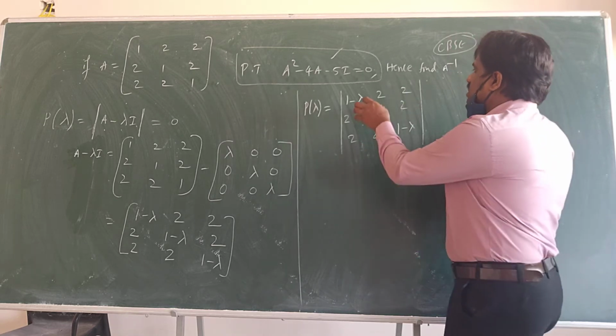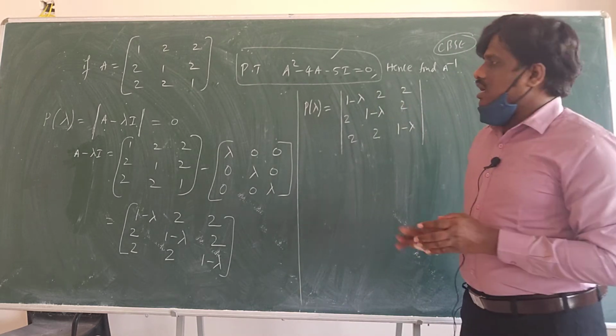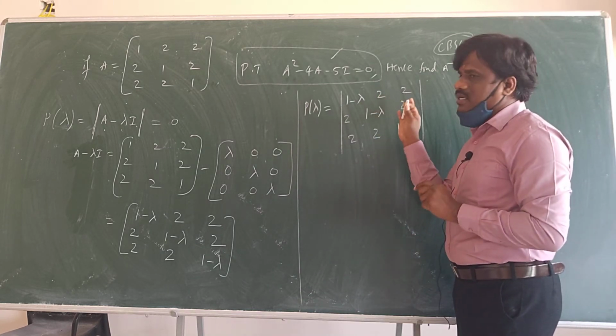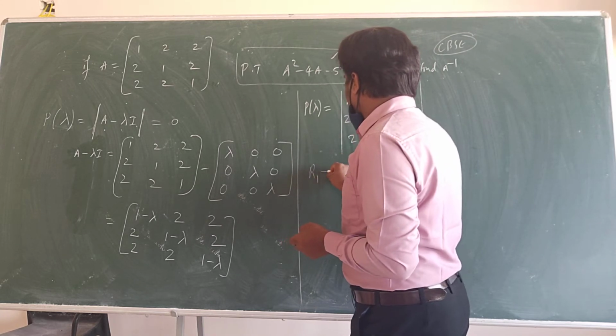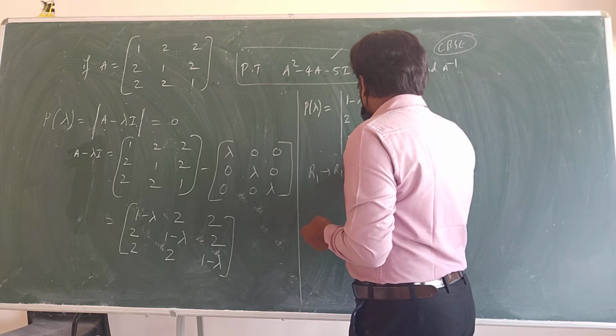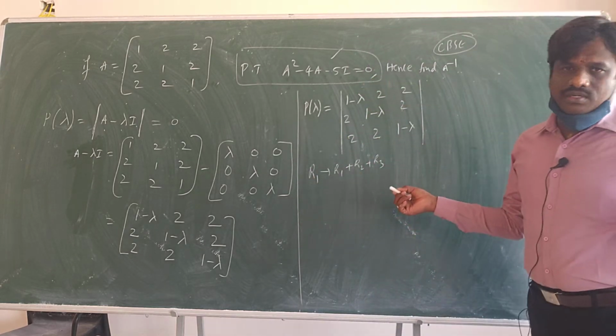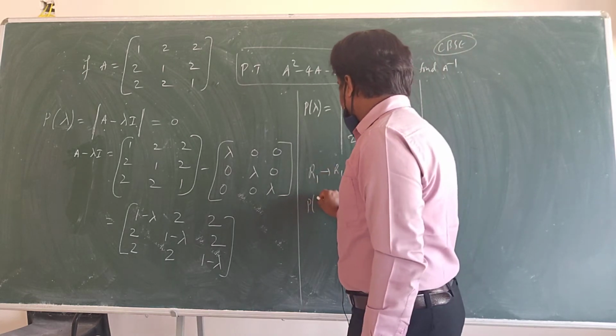See here, directly you can open the determinant. It's fine. Or if you feel the calculation will become more difficult, then you can apply a transformation: R1 implies R1 plus R2 plus R3, I am using. See, I am telling you, you can do however you want. It's up to you. So if I am doing this one, P lambda is equal to